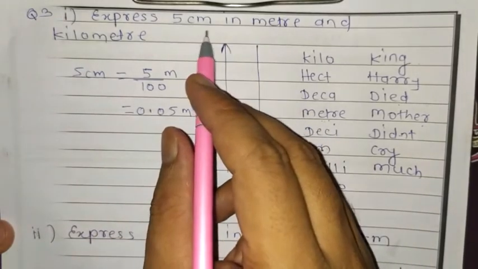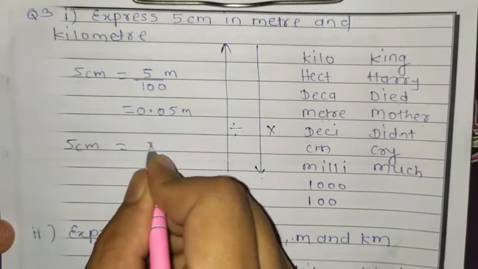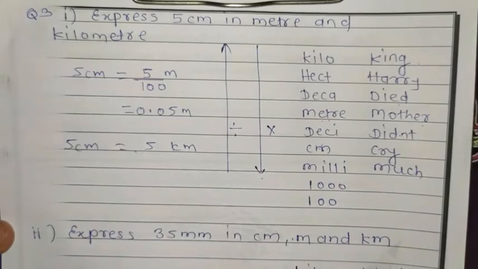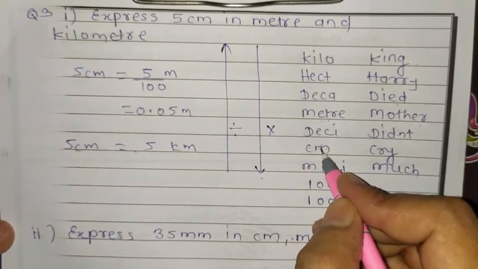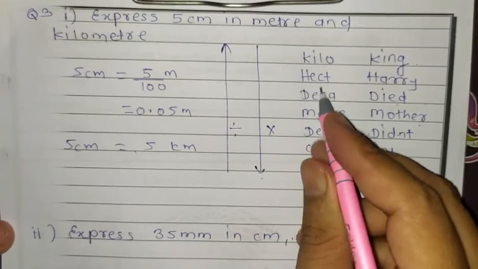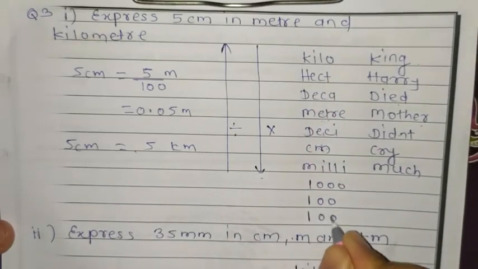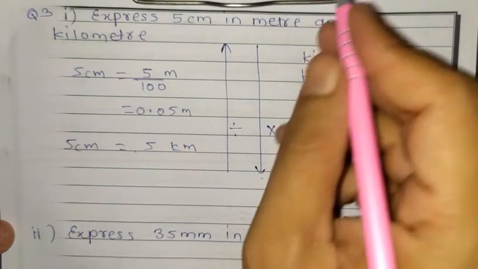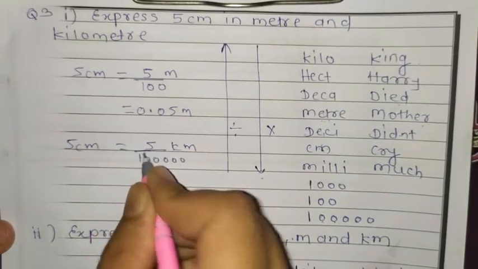Next one is 5 centimeter into kilometer. Write 5 centimeter as it is, write 5, then write kilometer. Now here we have to decide number of 0. Going from centimeter, where is centimeter? Here. Where is kilometer? At the last, here. So count distance 1, 2, 3, 4, 5. It means after 1 total 5 zeros. So we are going upward direction. So it is division. And after 1, 5 zeros.